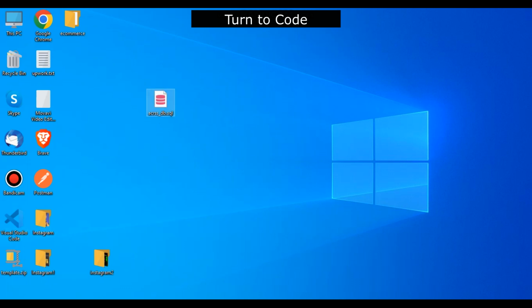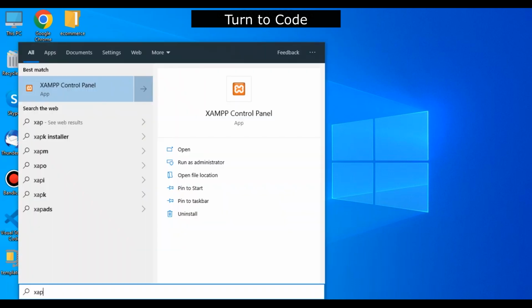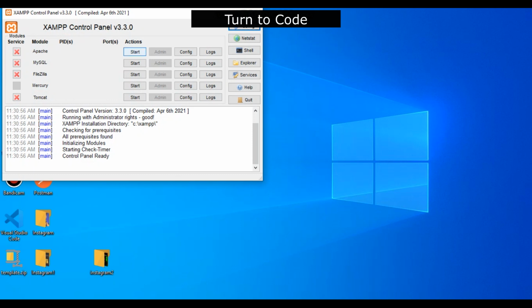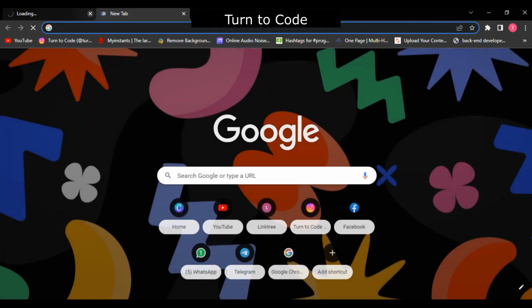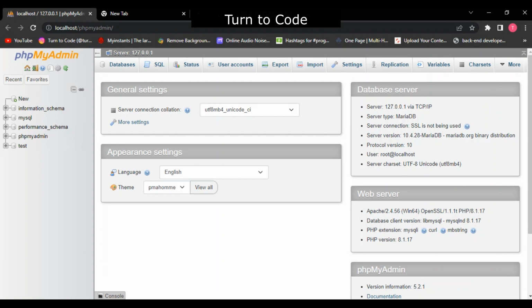So for adding this file, we have to start our XAMPP server. Click on start, run as admin. Here